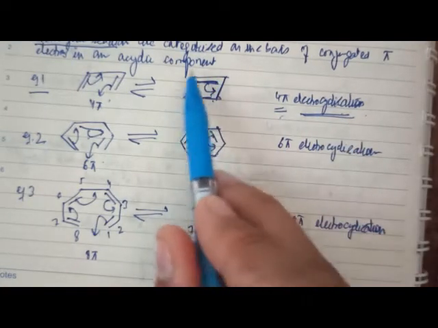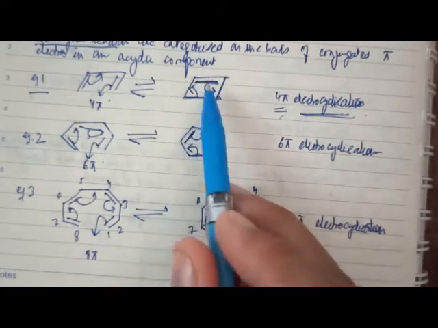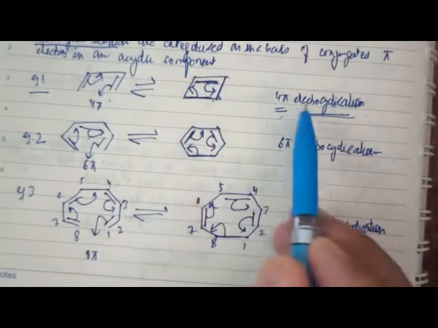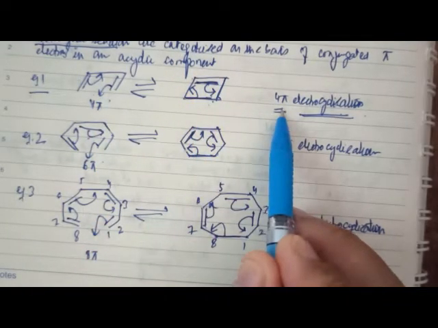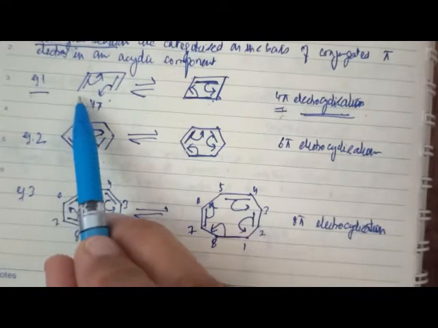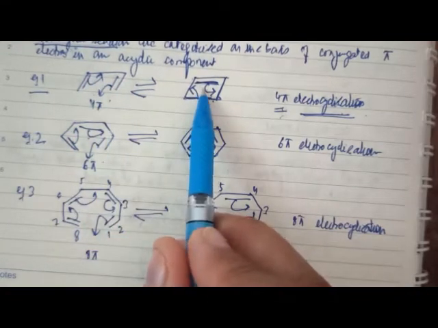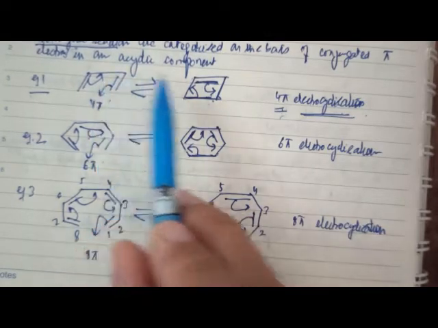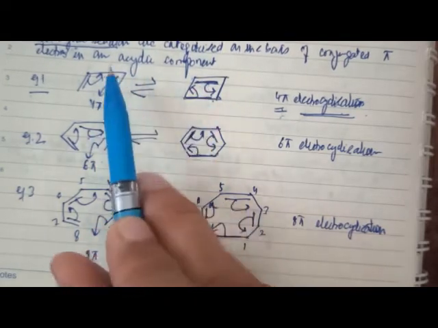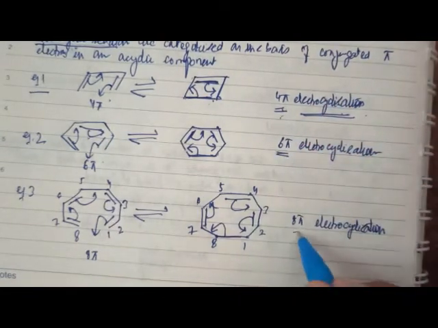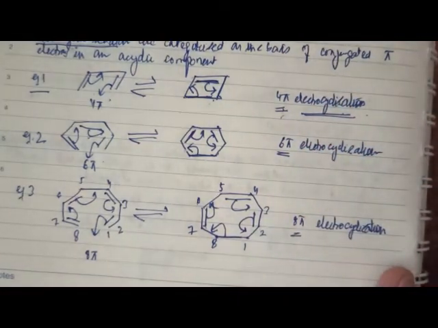I'll not consider that cyclobutene in the product here, when it opens up to butadiene, has only 2 pi electrons. The name of the electrocyclization reaction will come from the number of conjugated pi electrons in the acyclic component, whether it is closing the ring or opening the ring, whether it is electrocyclization or electrocyclic ring opening, whatever way, the name of the reaction will always come from the number of conjugated pi electrons in the